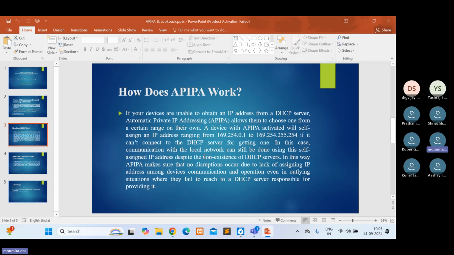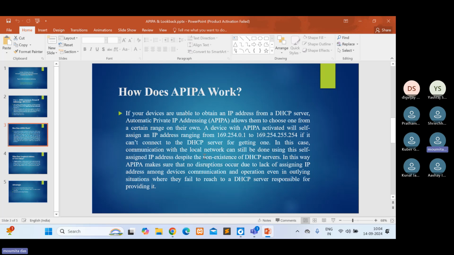A device with APIPA active will self-assign an IP address ranging from 169.254.0.1 to 169.254.255.254 if it cannot connect to the DHCP server for getting one.